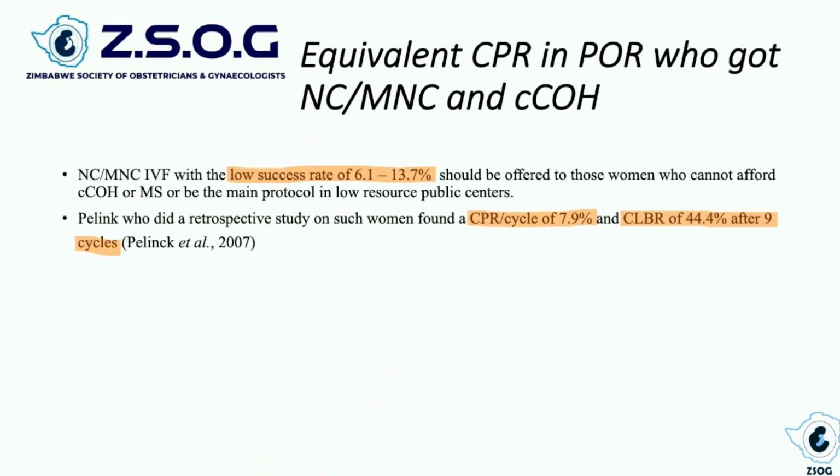What's important to note is that natural cycle or modified natural cycle has a very low success rate, 6.1 to 13.7% in the studies here. However, there was no difference when compared with conventional controlled hyperstimulation in this review. A study done by Pelinck earlier showed a clinical pregnancy rate of 7.9% and a cumulative live birth rate of